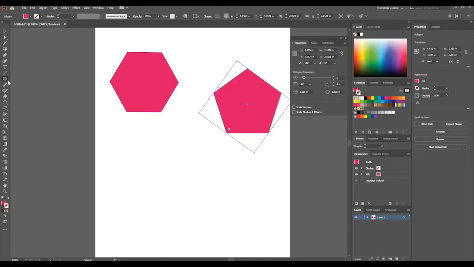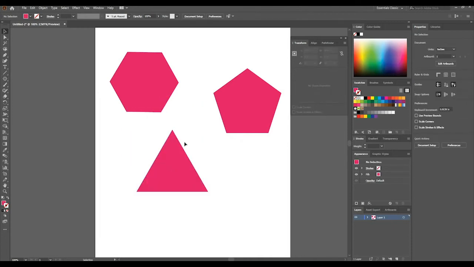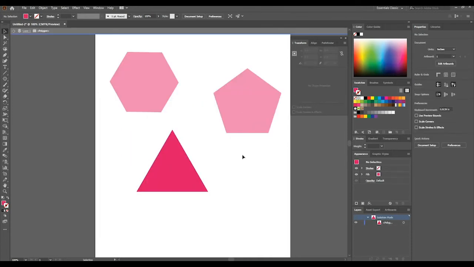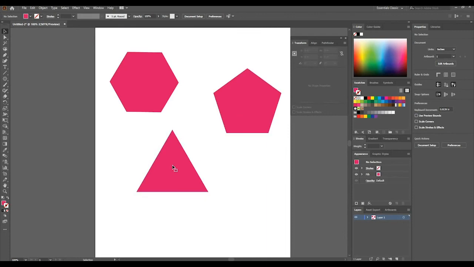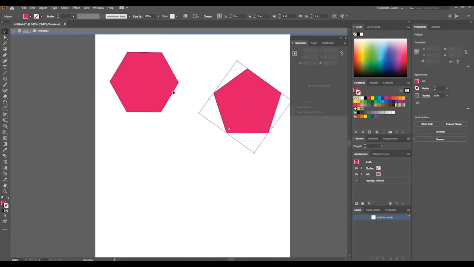Or we could even just do a triangle, right? And you could see that we created three different objects here using the polygon tool. So that is how the polygon tool works, and also